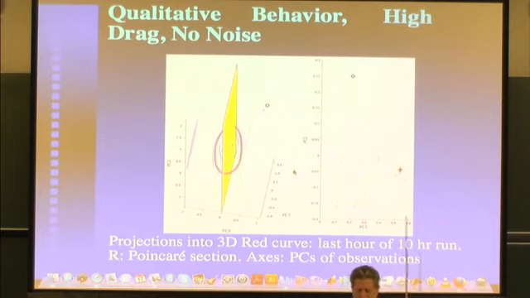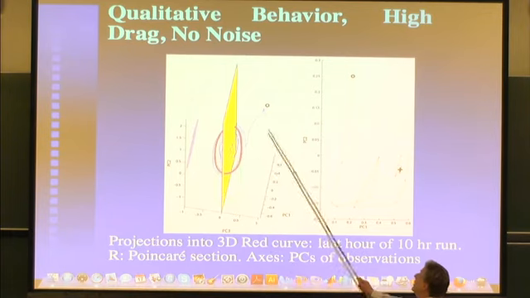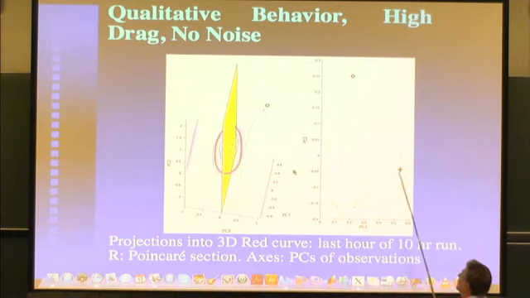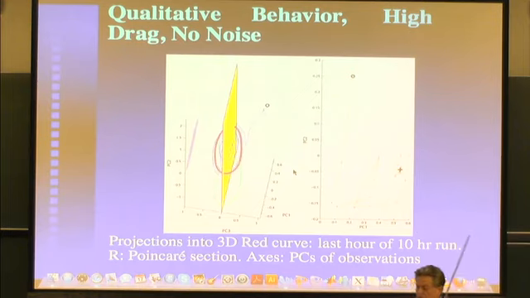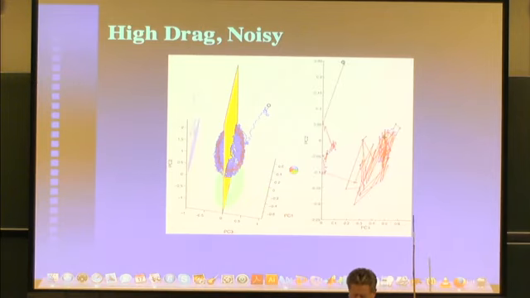If I project down into three well-chosen dimensions, I find that in the low drag case without noise, I get a nice limit cycle. And if I look at the Poincare map, it all comes here, like you'd expect a nice limit cycle to. Add noise, and it takes a while to draw it, but you still find yourself in the same general area in state space.